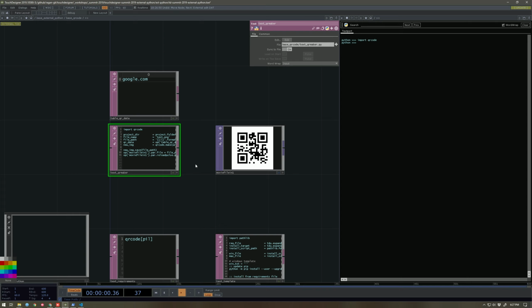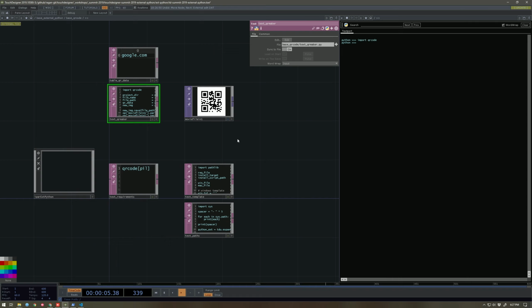So this is a fast, easy way to make QR codes if that's ever been something you've wanted to do in Touch and haven't wanted to go through the big rigmarole and headache of thinking about how to actually construct an image from Python. This is a fast way to get out the gate and make those kinds of things. This approach should work both on Windows and Mac and frees us to think about all of the other libraries that we might take advantage of